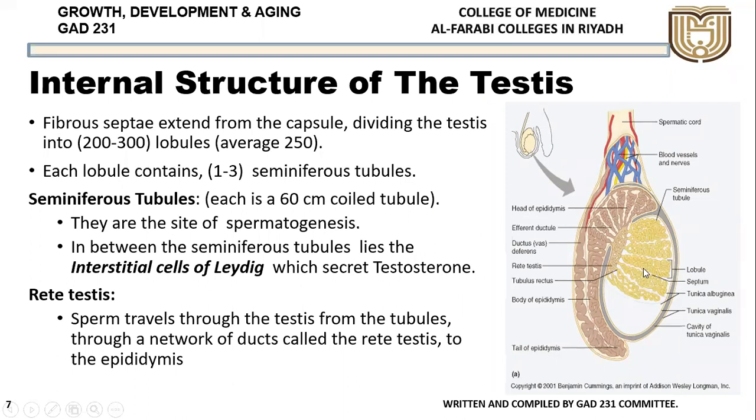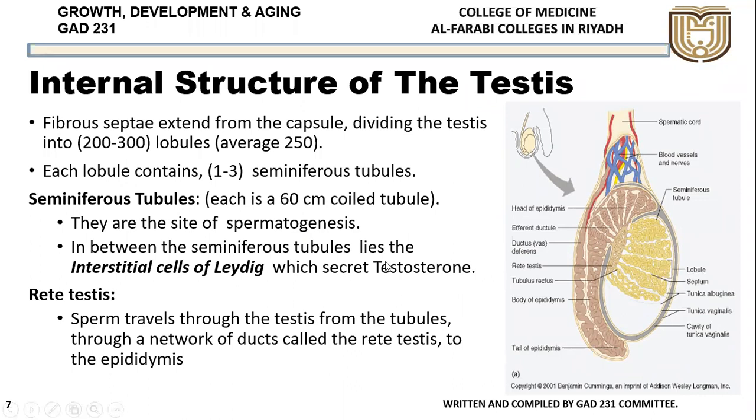It is a very long tube, as I said, almost 60 centimeters on average, but it is kept in a very small area. This is because of the high coiling of this tube. So it is highly coiled, which is why even though it is 60 centimeters, it can be kept in a very small area. Okay, so these are the sites of spermatogenesis. These seminiferous tubules are the sites of spermatogenesis. In histology, you will see in detail how spermatogenesis takes place within the seminiferous tubule. If you take a section of this seminiferous tubule and see it under the microscope, then you can see the different stages of spermatogenesis.